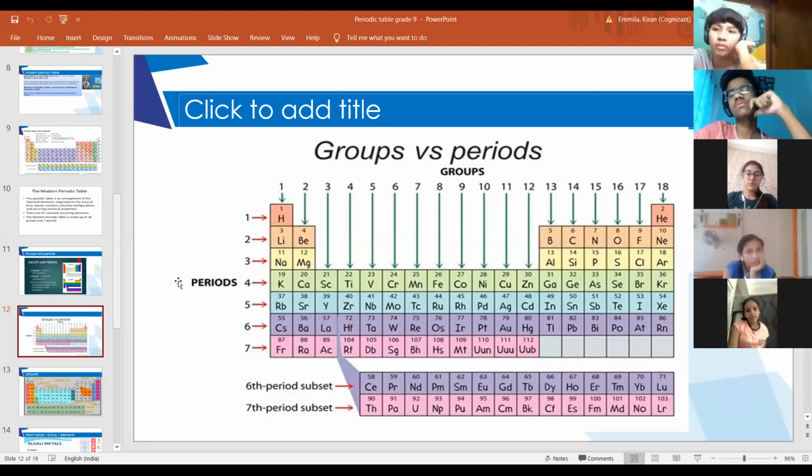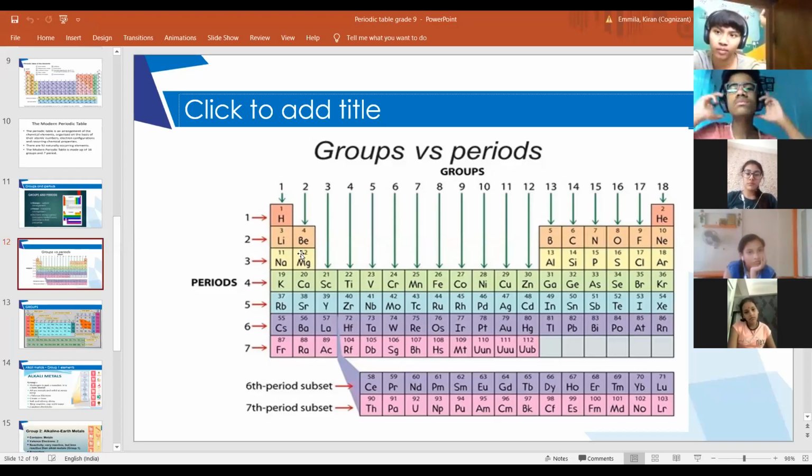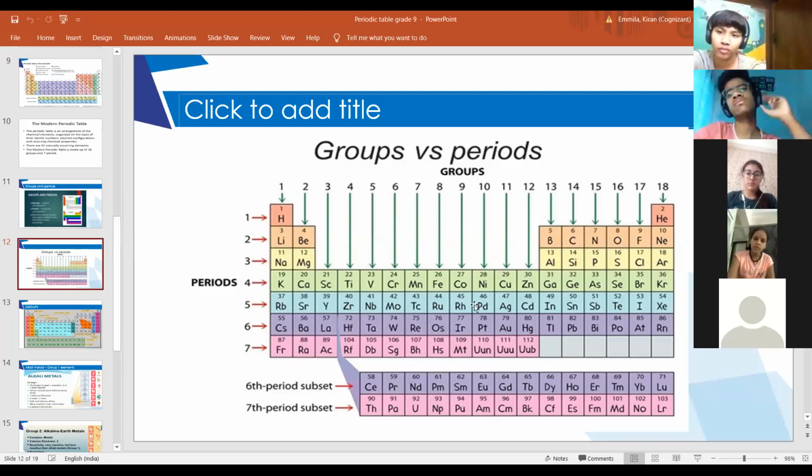What is the first periodic property we have discussed? Atomic size. The size of an atom is a periodic property. We can explain it based upon the position of the element in the periodic table. For example, as we move down the group, the number of shells is increasing, right? Therefore, what happens to atomic radius, the distance from the nucleus to the last shell? It increases. As the number of shells increases, atomic radius will increase. So down the group, atomic size increases.